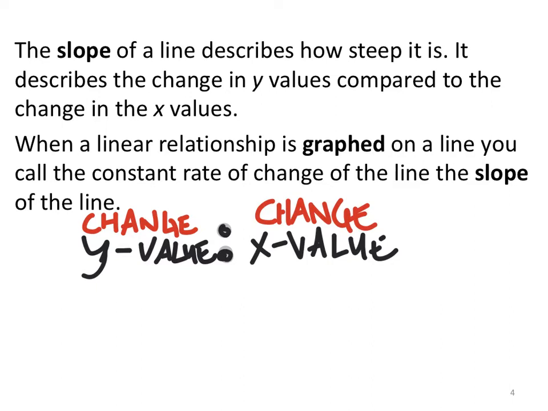But when a linear relationship is graphed on a line, you call the constant rate of change of the line the slope of the line. Now this is important, by the way, because of the next section. The rate of change actually is the slope. Bam. So we don't always see it on graphs, of course, but sometimes we see it in word problems and